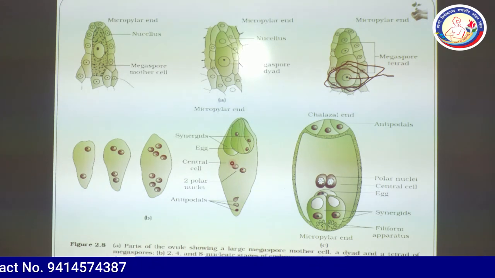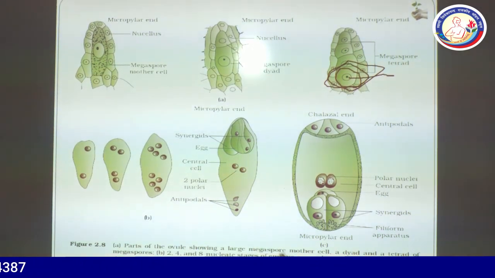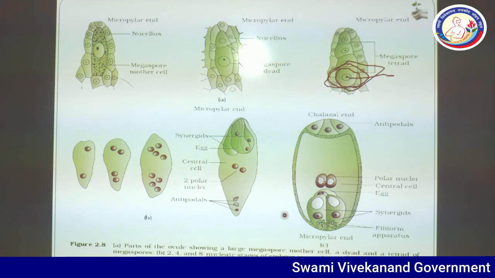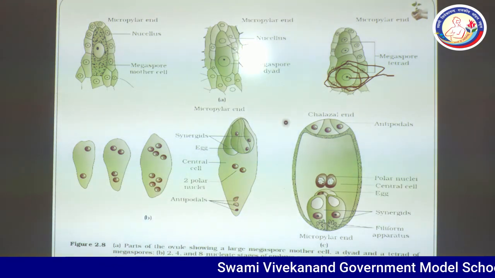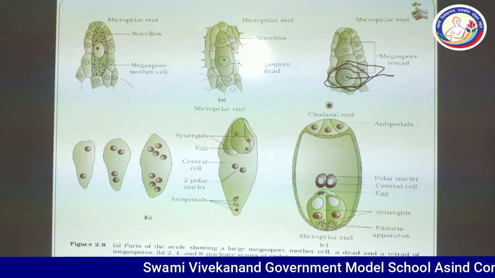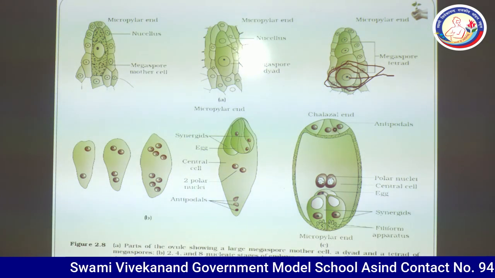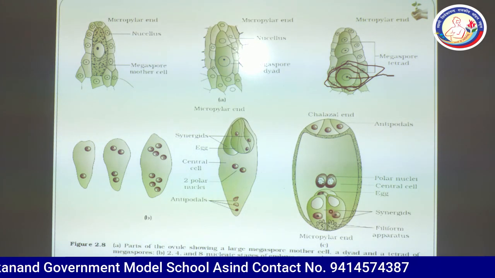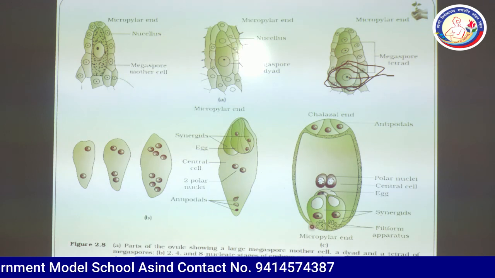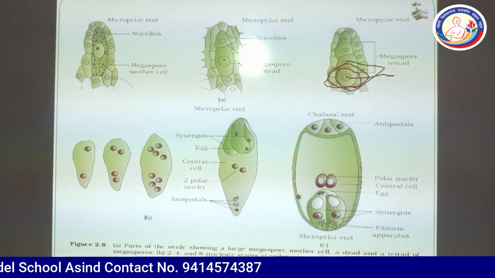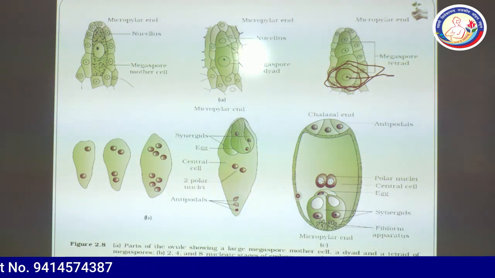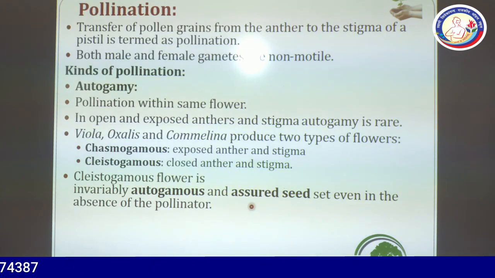Then cytokinesis follows and a well-developed embryo sac is formed. So in this structure, this is the chalazal end. The group of 3 cells towards the chalazal end is known as antipodal cells. The group of 3 cells towards the micropylar end is known as the egg apparatus that participates in the next stage of life. Thank you.